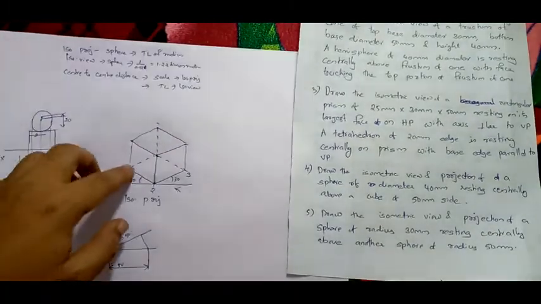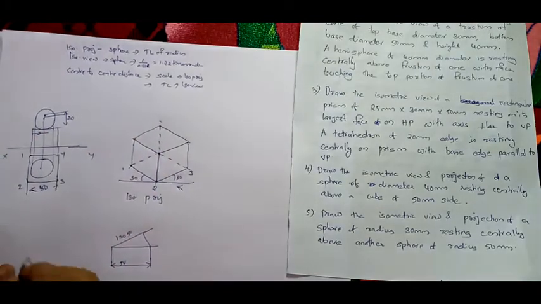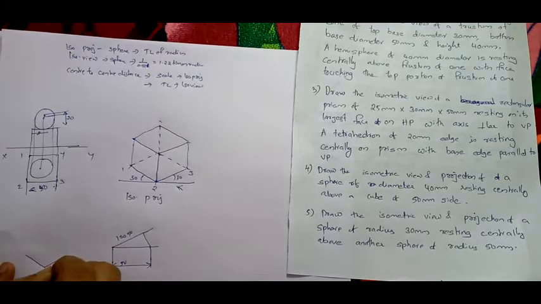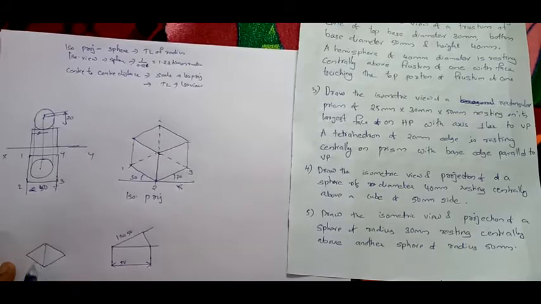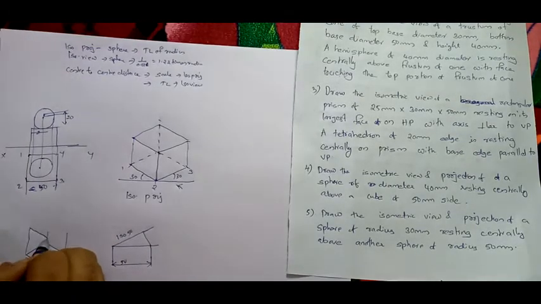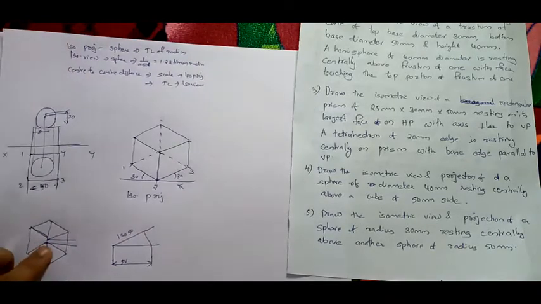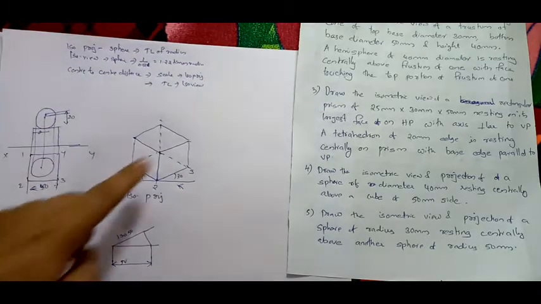You see, after drawing 1 2 3 4. If you try to draw, usually what will happen is you will draw 1 2, you will draw 2 3, then you will draw this line, you will draw this line. If you have drawn this perpendicular line, you already know that it will coincide here. And now what you draw perpendicular lines. If something wrong happens, your cube will be like this. See, there will be a small distance between these two corners. This is due to your error. So actually it's wrong. A cube will be like this only.